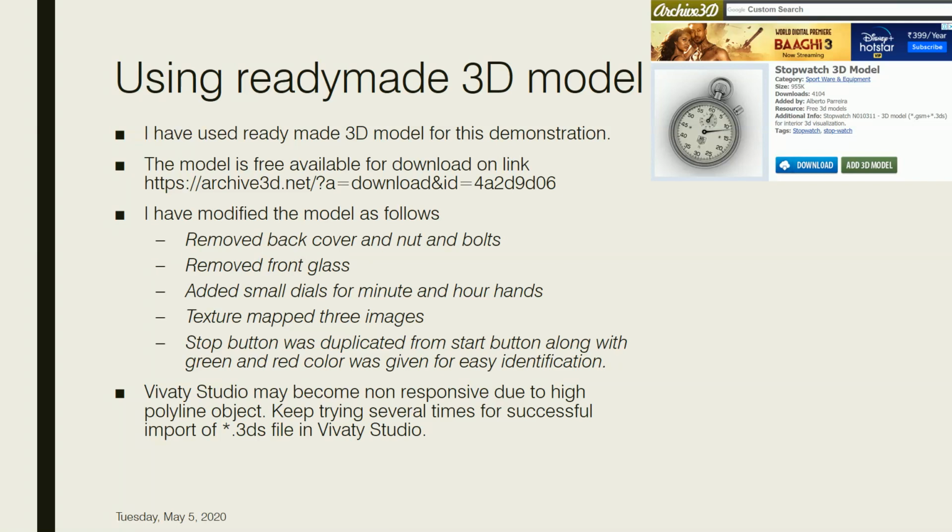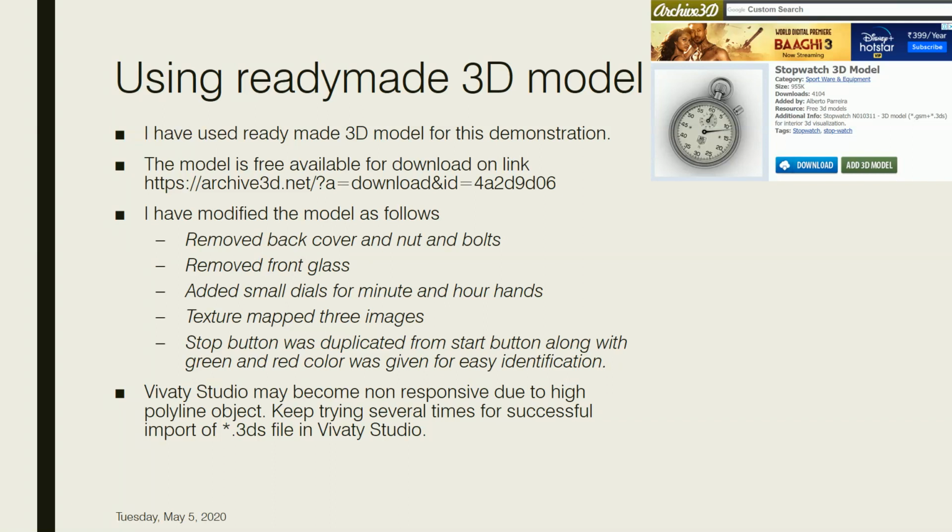Vivati Studio may become non-responsive if you try to import such a high polyline object, and it will not allow you to import it easily.